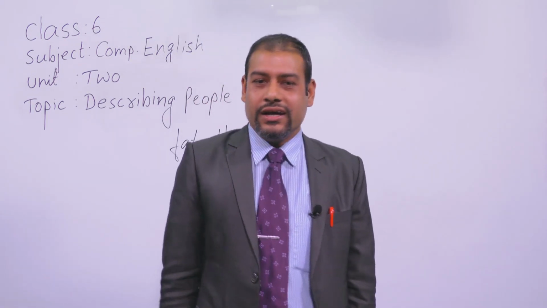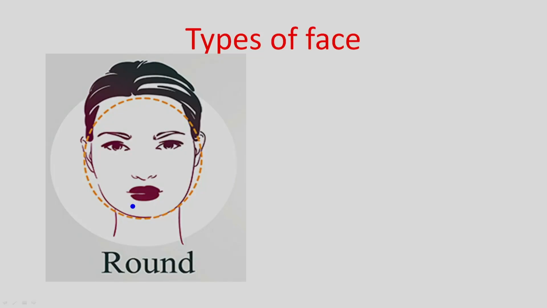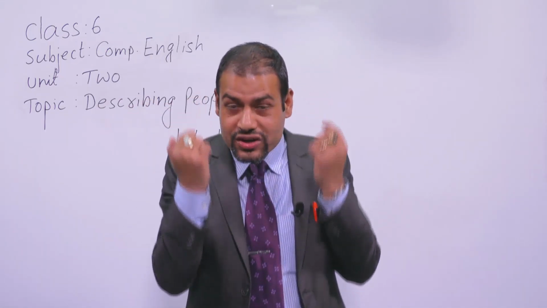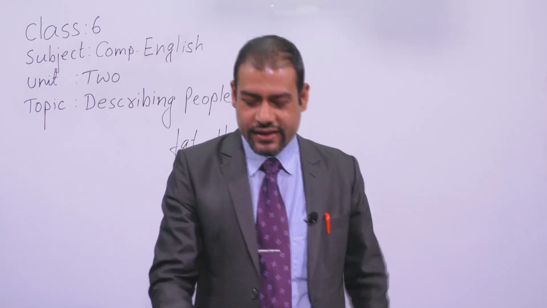See, you can find this type of face is a round face. I am showing you. This face seems to be round. Look at it. Okay? That's why this type of face seems to be round, like a circle. So you can find out now what type of face you have, whether you have a round face or not, whether your father's face is round or not. That is what. Next,